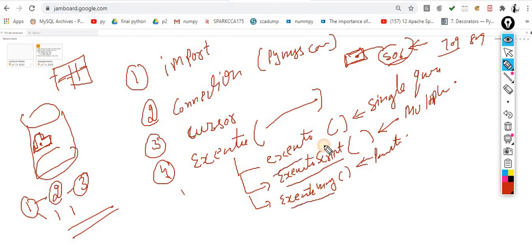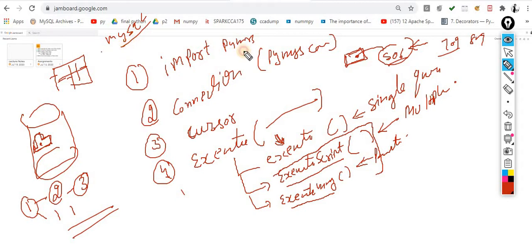But these two may not work in this MySQL connection, because the PyMySQL we use doesn't give you support for the same thing. We will implement it with the help of execute. There is another module, the MySQL module, but that module is not installed successfully on my systems, and I tried it on n number of systems, but it won't work properly.